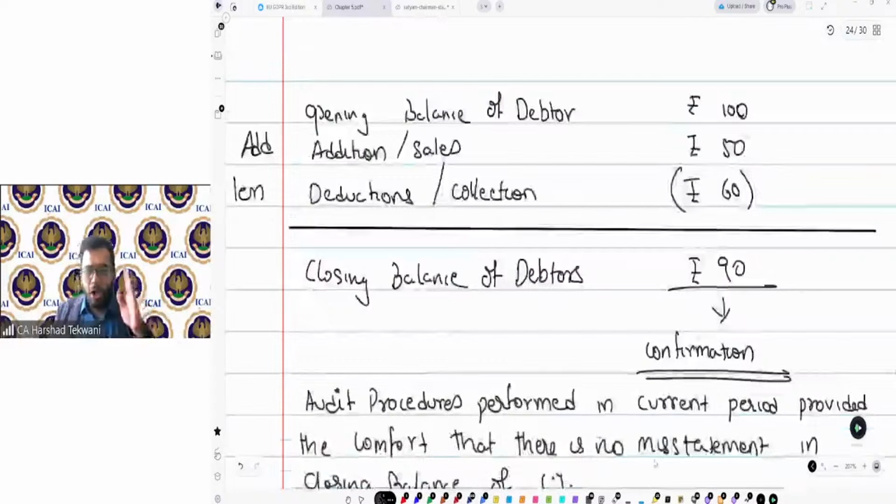So the current year audit procedures provided me comfort that there is no misstatement in the current year closing balance.